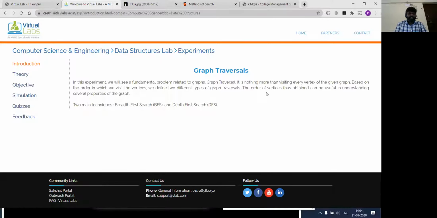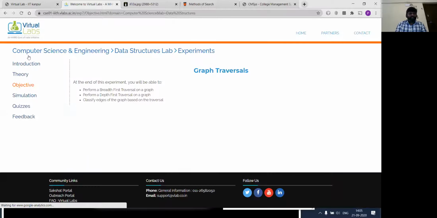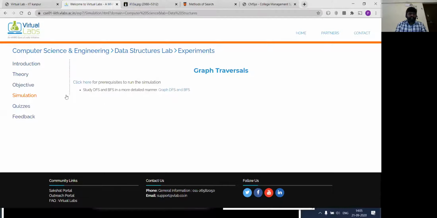So here you will get the complete information, which is the theoretical explanation, theory, and then objective. You will get all these things which you might be referring to, the pseudo codes and other things. And then the objective: what are the learning objectives for the topic, what you will learn from this topic, everything. And then I'm most interested in simulations. So once you reach this phase, the simulation phase, are you all able to follow me? I'm trying to demonstrate graphically how depth first search as well as breadth first search work.